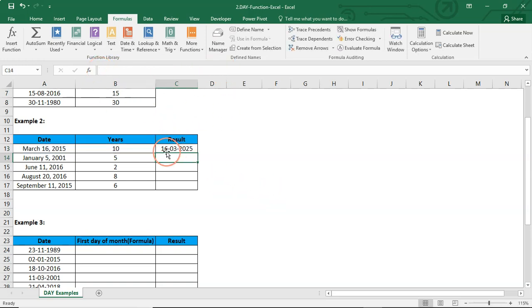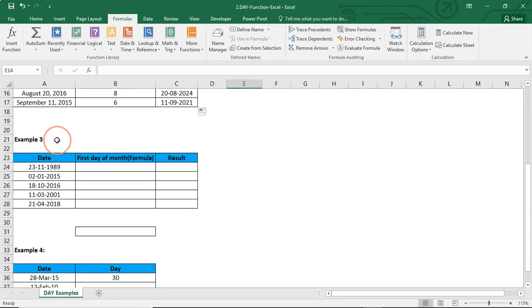It will add 10 years to this date. If I add 10 years to 2015, the value becomes 2025, right? Like this the DATE function works in Excel. Now I drag this. See, automatically generated. Like this the function works.